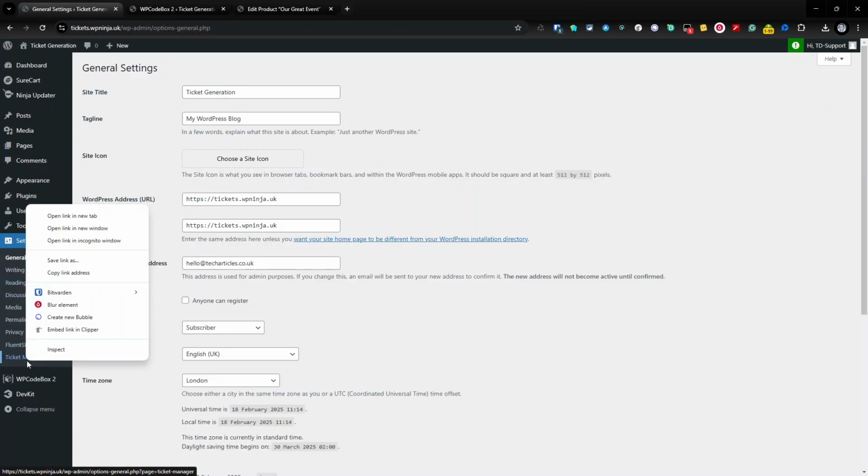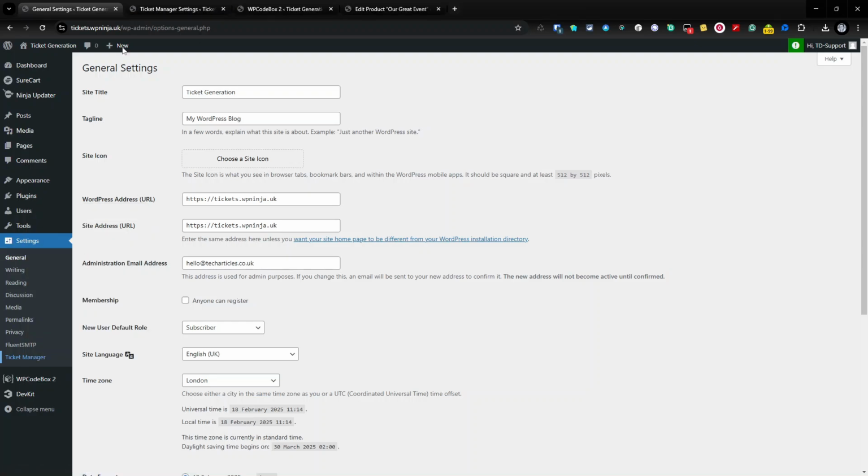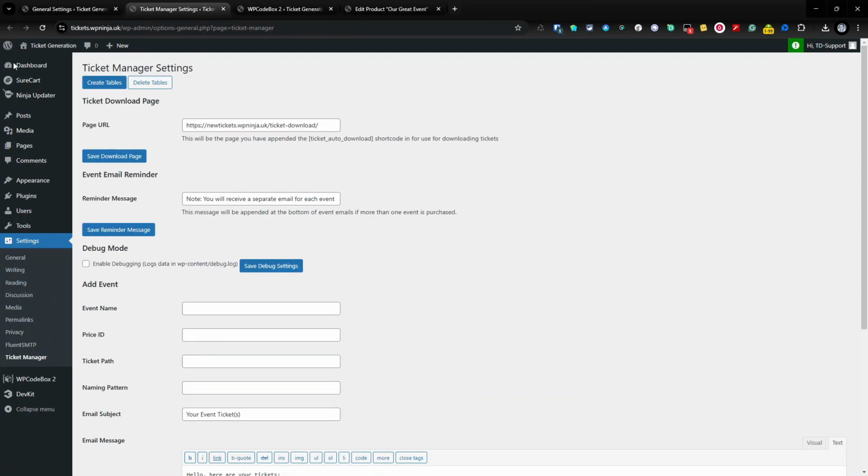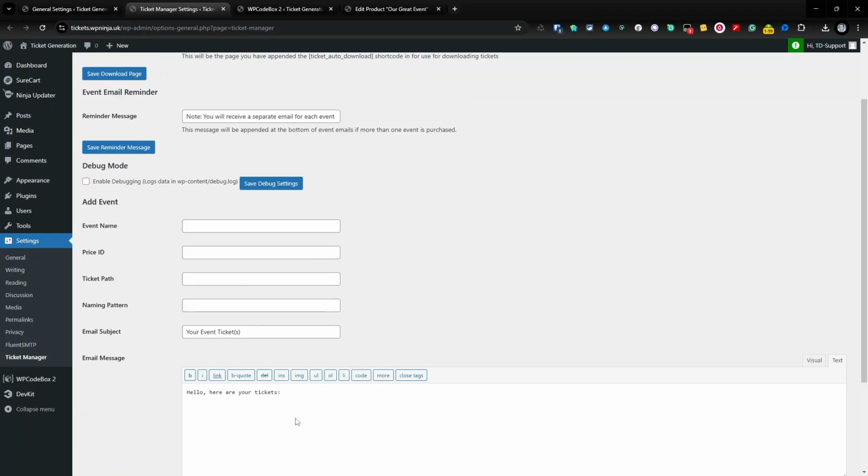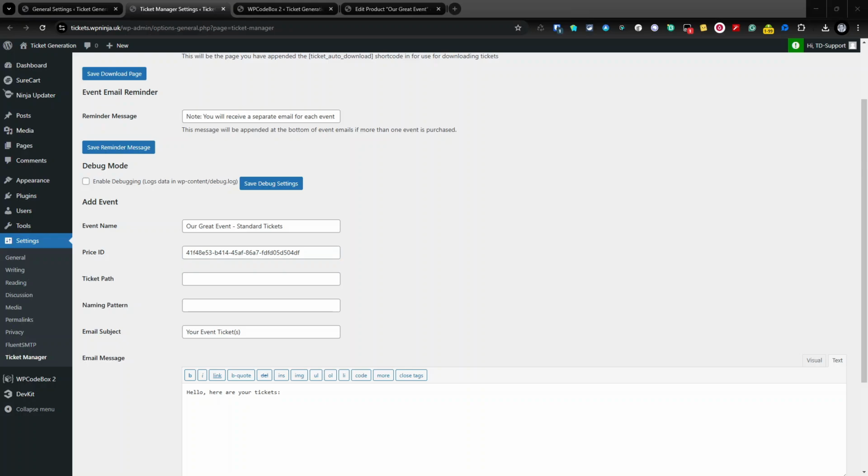Settings, ticket manager open. So we've got our ticket manager open now, and we can make our new event. So it's our very first event. So our event was called our great event. This is going to be standard tickets. So we need the price ID that we copied for standard, which happened to be this. And we are going to need our ID, and our ID is,